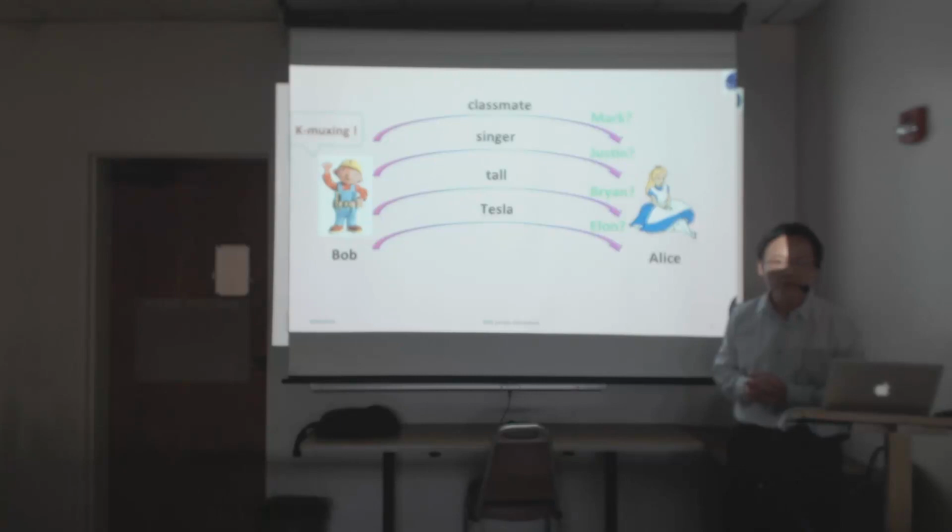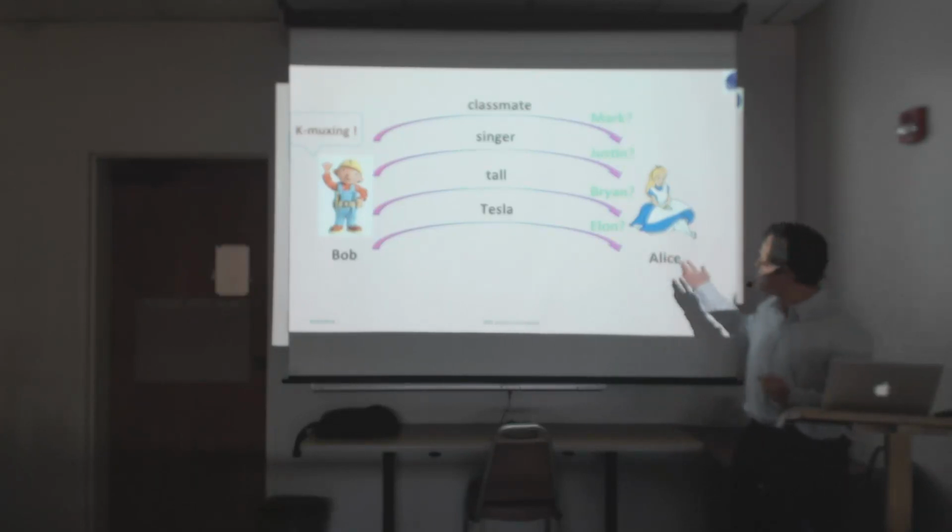Alice figures that out because Alice is smart. She has every woman's amazing attribute, the sixth sense, the unquestionable instinct. Okay, Alice also remembers she was sitting in Dr. Donald Chan's lecture on February 2nd, 2018. Although she did not know Bob was there, Alice learns the principle of wavefront demultiplexing, or we call it K-demuxing.